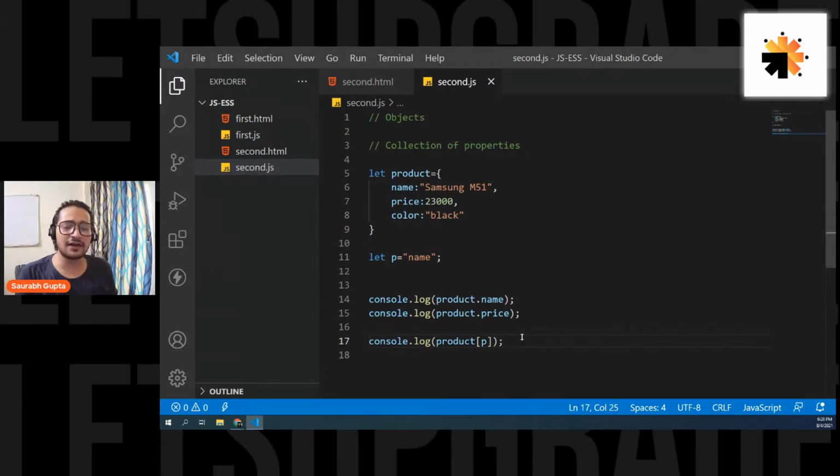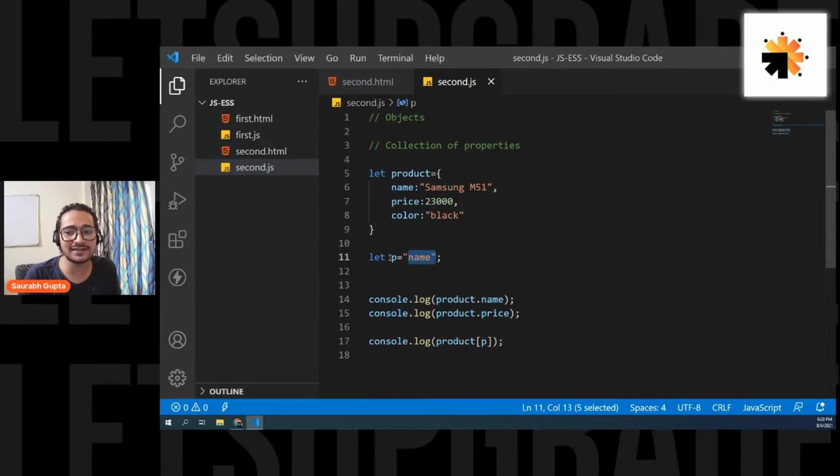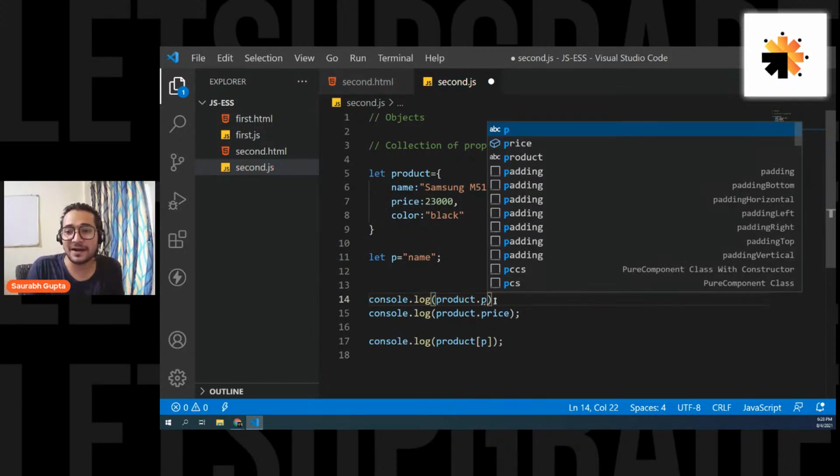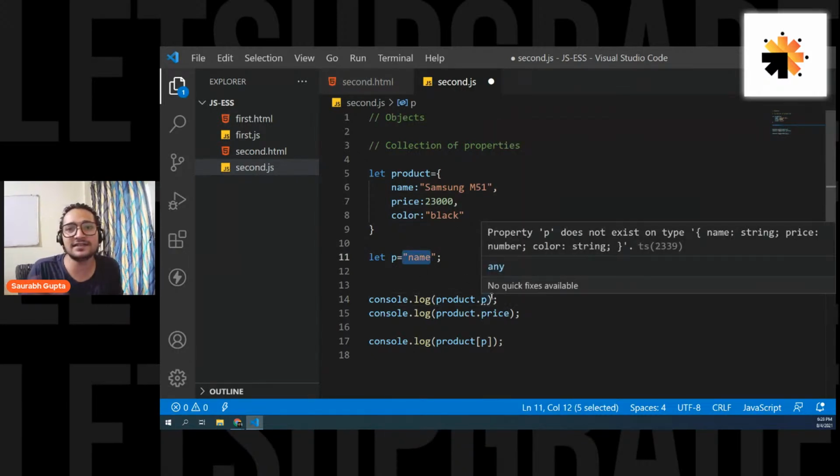Yes, Divya, I'll repeat it for you, don't worry. See, what I was saying is, my property name is stored inside a variable. I want to access name, and it's stored inside a variable called p. Now I'm not writing my property name directly. My property name is stored inside a variable, and if I write that variable here, I'm expecting that the name will be replaced here. But no, it doesn't work like that.